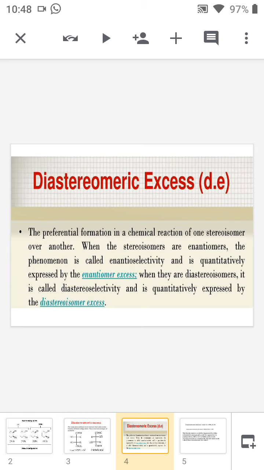stereoisomer over the other. If the stereoisomer is an enantiomer, then the phenomenon is called enantioselectivity, and quantitatively it is expressed as enantiomeric excess. But if the stereoisomer is a diastereomer, then it is called diastereoselectivity, and quantitatively it is expressed as diastereomeric